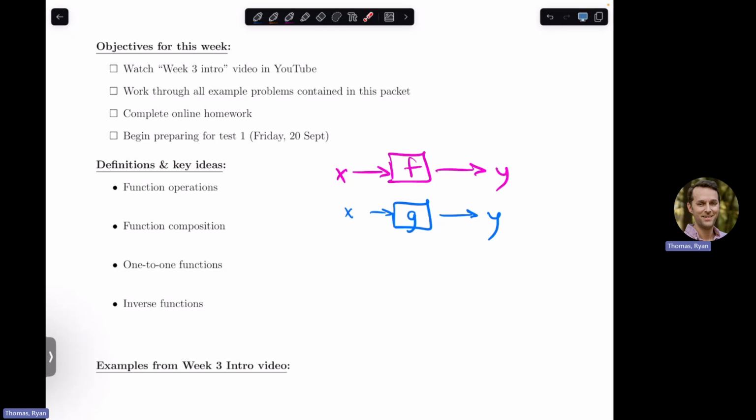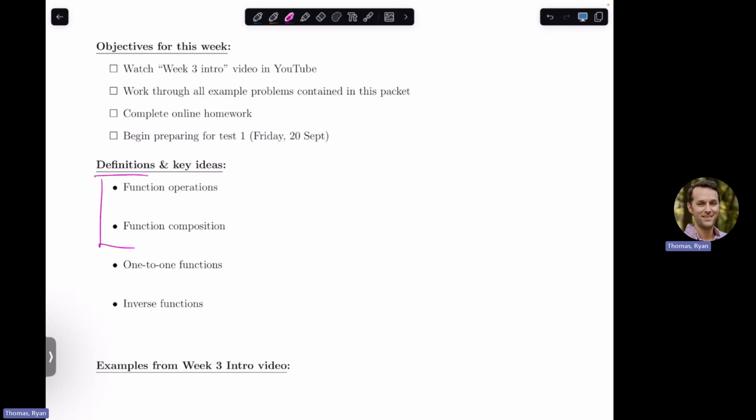Composition is not a new idea, not a thing that you're going to be unfamiliar with, maybe a thing that you haven't seen in formal math settings, but composition's actually a pretty intuitive idea. And you have seen some of this stuff at least. These other ideas we'll circle back to later. But the basic ideas are that for function arithmetic,